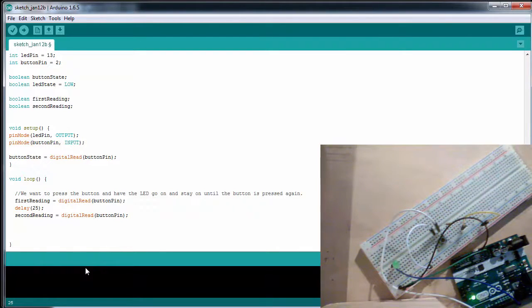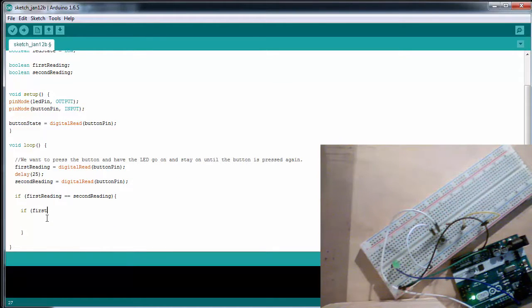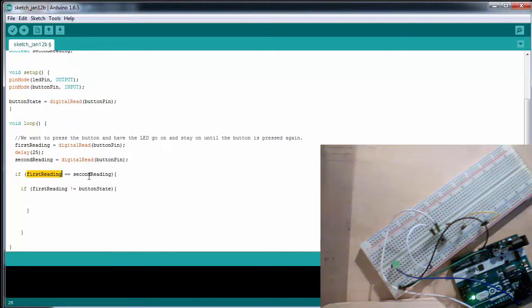Now, what I'm going to do is compare these 2 readings. If they are the same, that means the debounce has either not happened or has occurred. So if first reading is equal to second reading, I'm going to go into this if statement right here. Now what I want to check is that this first reading is not equal to, so that's what this symbol means, the previous state of the button. So there has been some change of state in the button. So this is not equal to my button state. And then I want to go into this logic. So if these 2 readings are the same and the reading is not equal to what the previous button state was, I want to check if my first reading